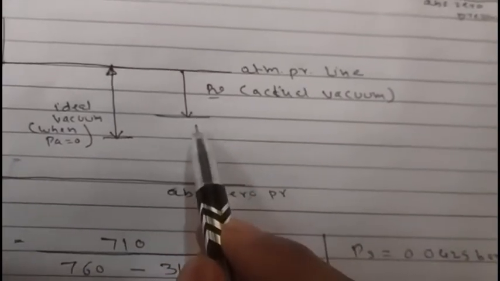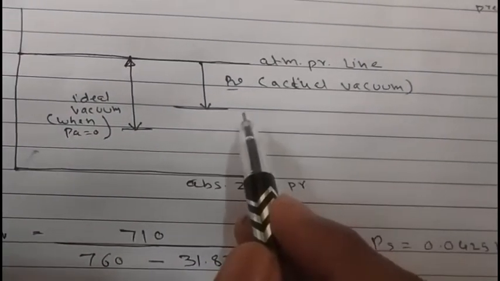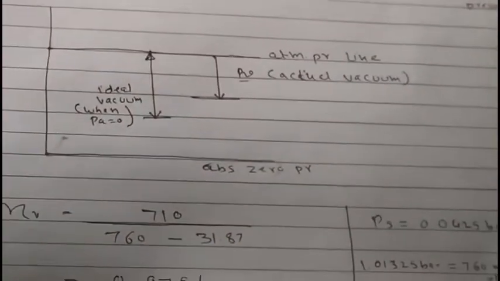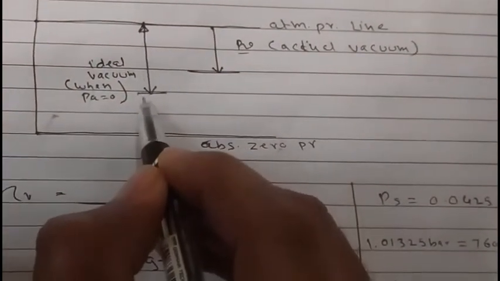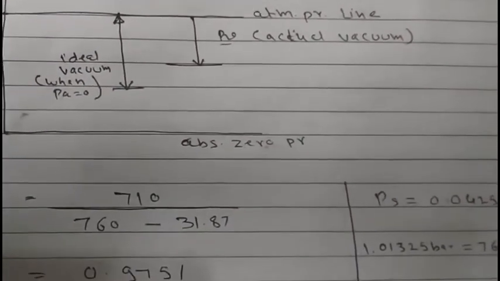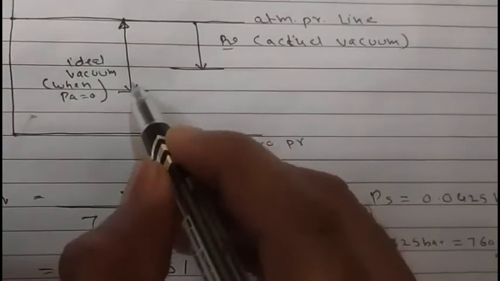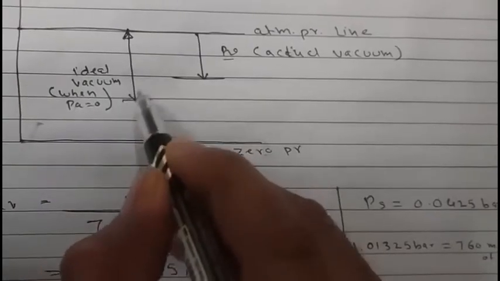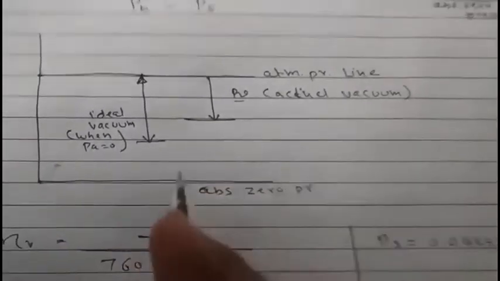Okay, when there is air present inside the condenser. Suppose no amount of air is present inside the condenser, so the pressure due to the air will also not be there inside the condenser. So vacuum will increase by a certain amount. So this is the second condition, the ideal vacuum, when the partial pressure of air will be zero. Partial pressure of air will be zero when there is no amount of air present inside the condenser. So if the air pressure is not there, the vacuum will increase a little. So this is the ideal condition, ideal vacuum. The ratio of actual vacuum to the ideal vacuum is called the vacuum efficiency.